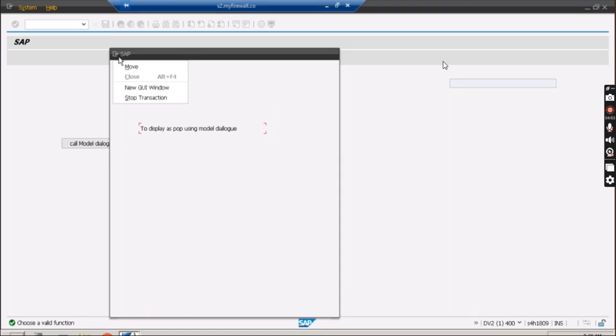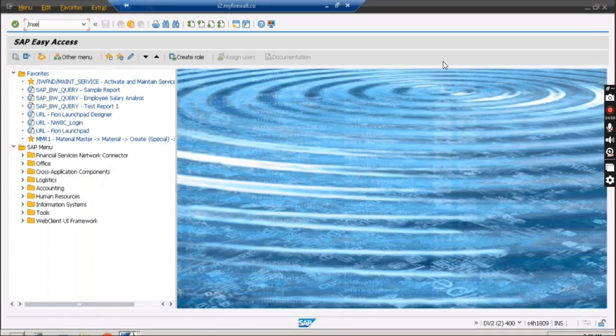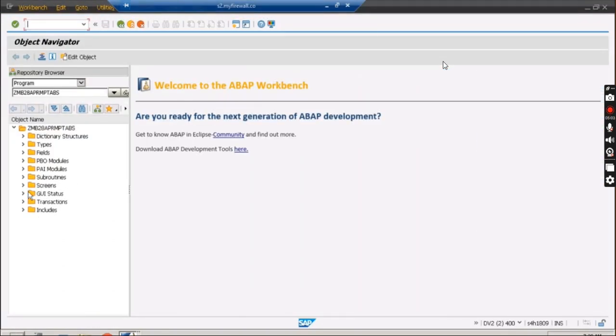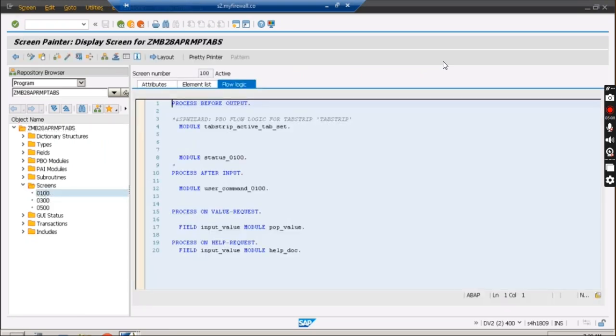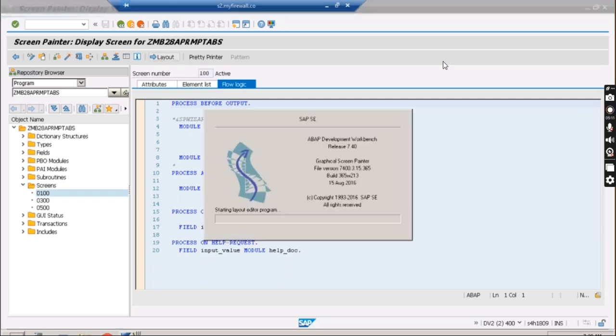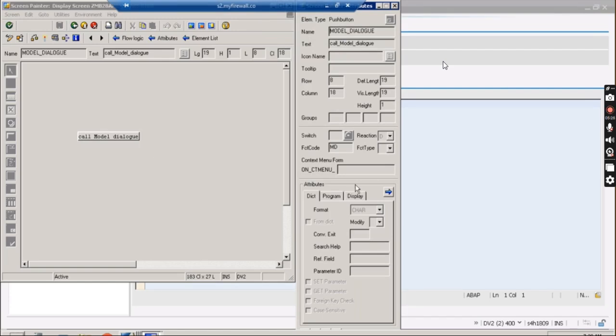open one new SAP GUI, click on this new GUI window, go to /n SC80, and then on this screen actually we have created that particular push button, right? And when I'm clicking on that push button, it's trying to call that model dialog screen. Here I'm clicking, and for this MD is the function code.